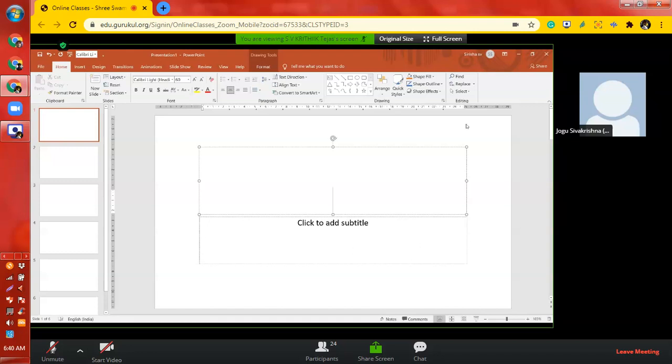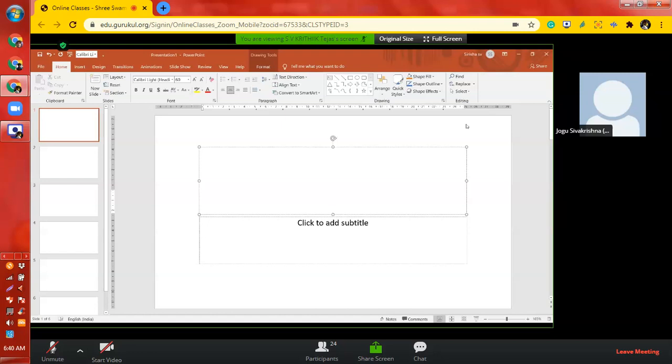If you want to insert that header and footer, you can go to Insert, and in that you can see a header and footer option. You can click on it to add a header and footer to your presentation.